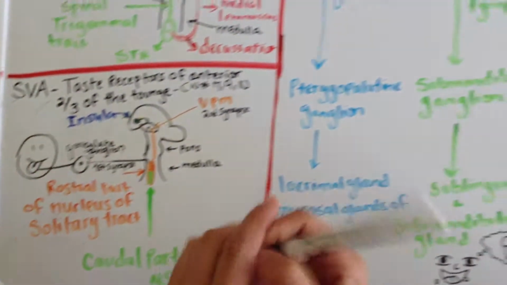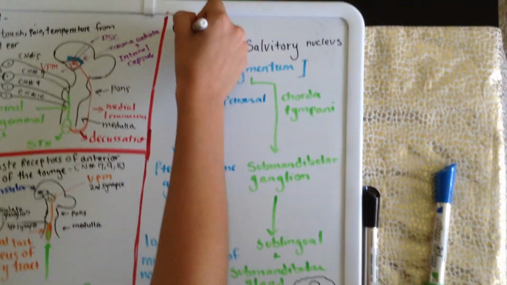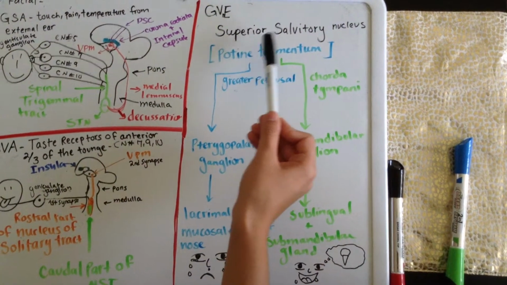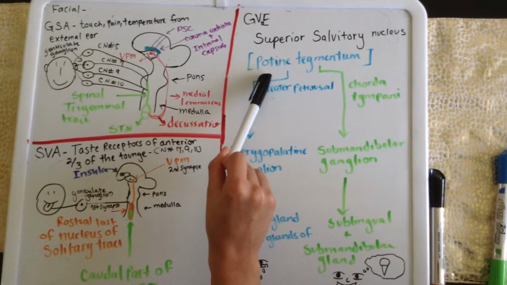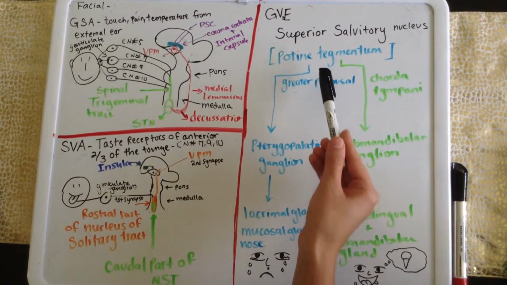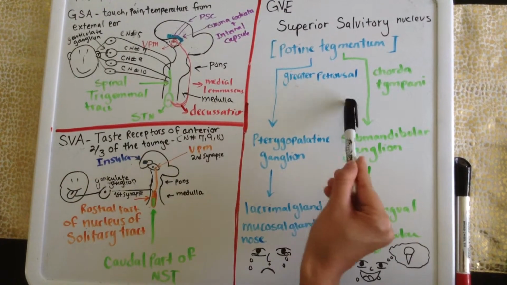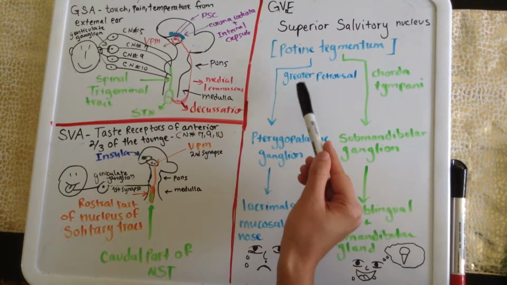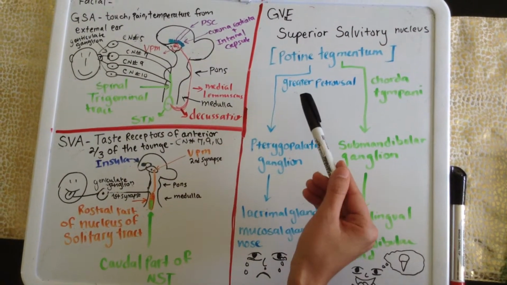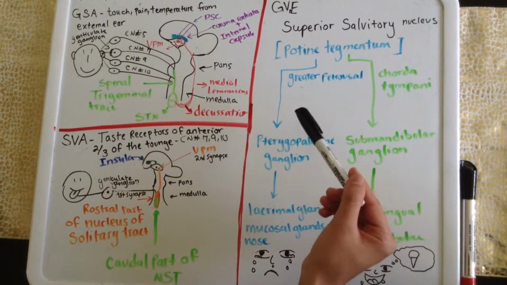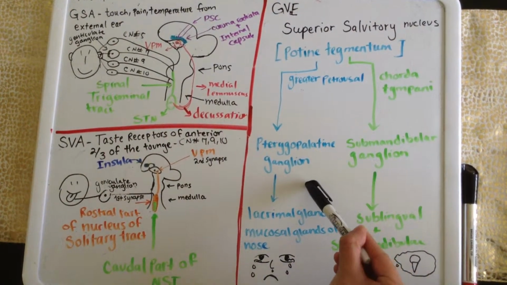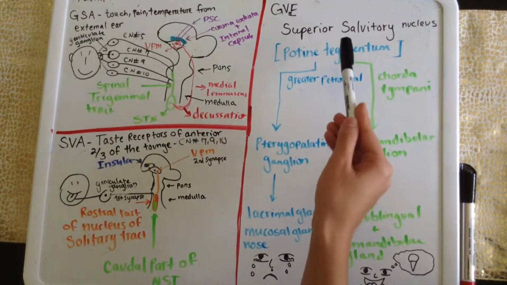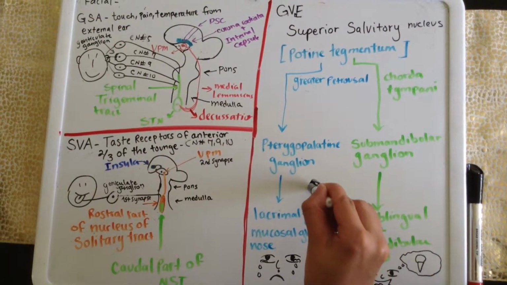Okay, then we have the GVE fibers of facial nerve. The GVE fibers of facial nerve, one of them will be through the superior salivary nucleus located in pontine tegmentum. The pontine tegmentum will give you 2 different fibers that will innervate 2 different structures. So one of them is through the greater petrosal nerve, which will go through the pterygopalatine canal, and it will become the pterygopalatine nerve, and it will synapse at the pterygopalatine ganglion. So from here to here, from superior salivary nucleus to pterygopalatine ganglion, you will have a